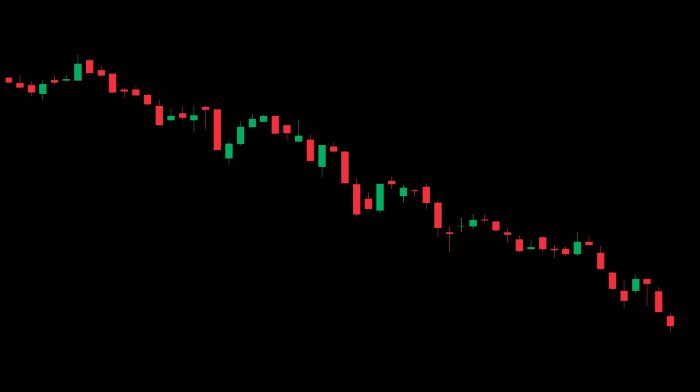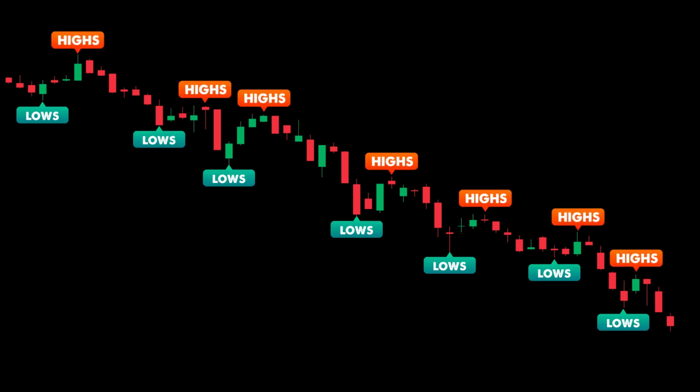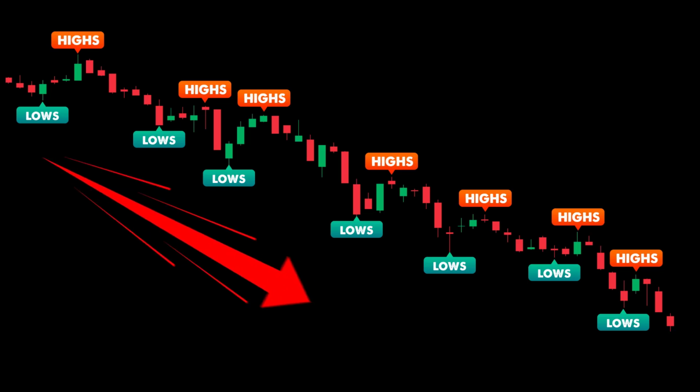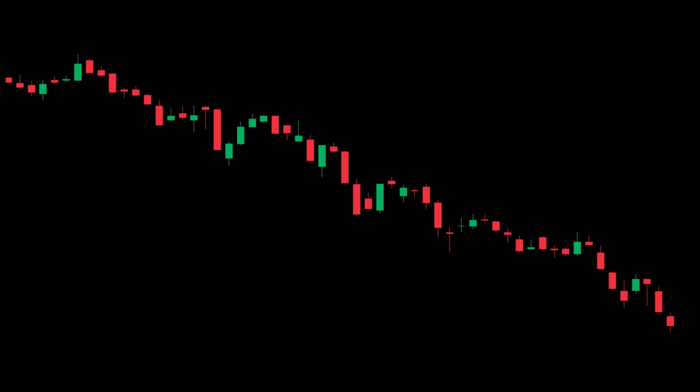On the other hand, in a downtrend continuation pattern, the price moves in a series of downward swings and rebounds. The downswings form lower lows, and the rebounds form lower highs. From a price action point of view, this indicates a continuation of bearish momentum, as sellers stay in control by driving the price to create lower lows and lower highs. Now, let's move on to the next pattern, trend reversal patterns.